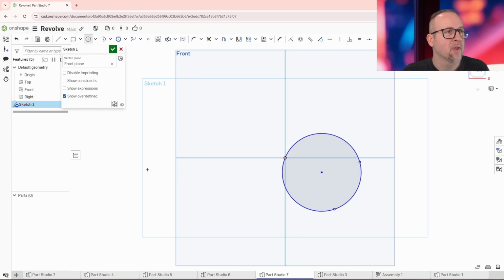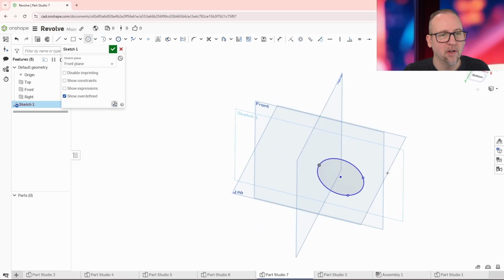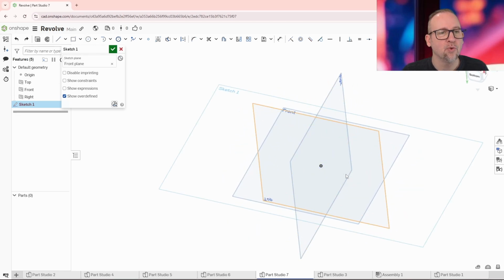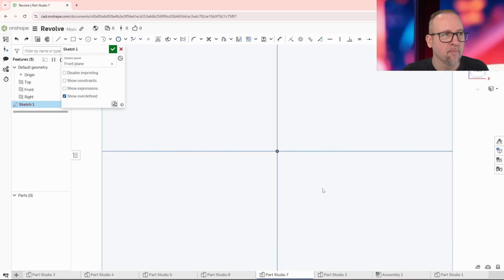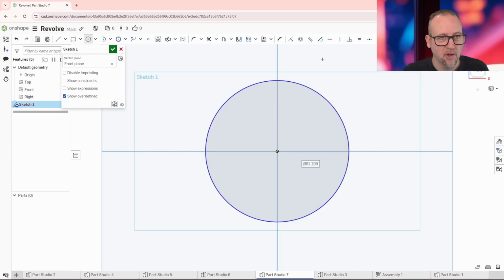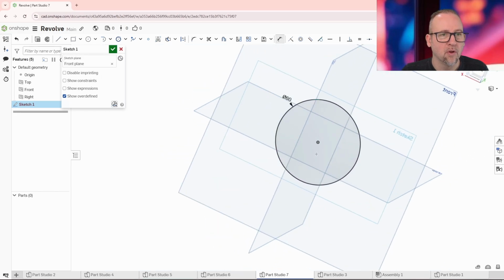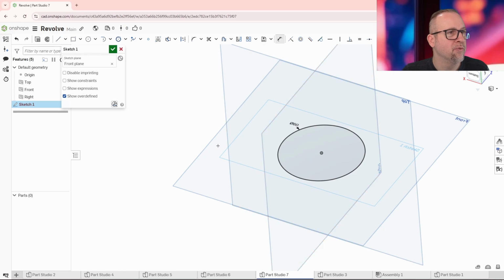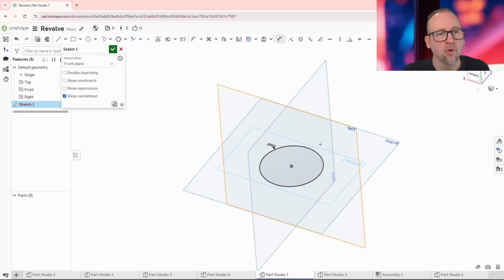So now we will create a surface on another. Actually, I think I do want the other circle. So go back to front. Alright, we will create a circle from the center here, and we will add a dimension to that, 60 millimeters. Okay, and now we want to revolve this. We want to put a line up through this surface right here. So we gotta go to the right